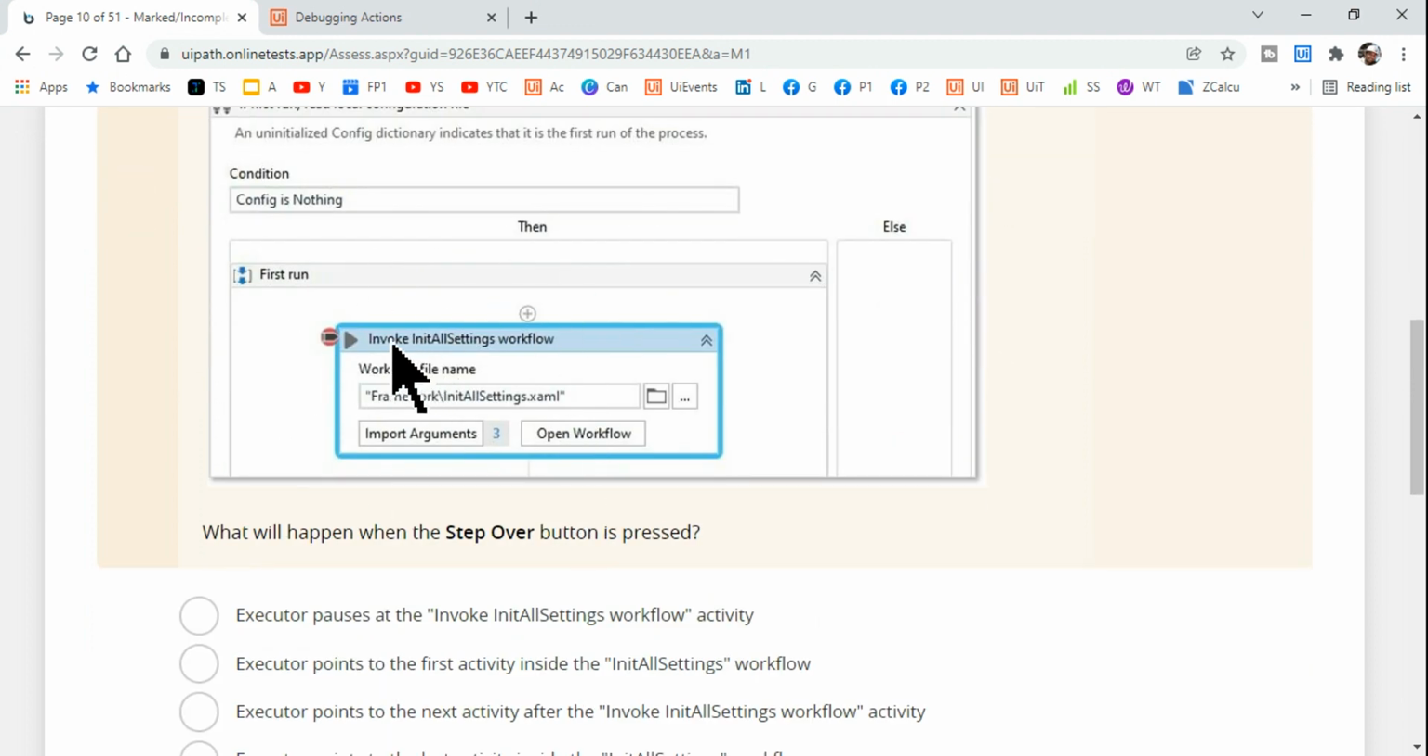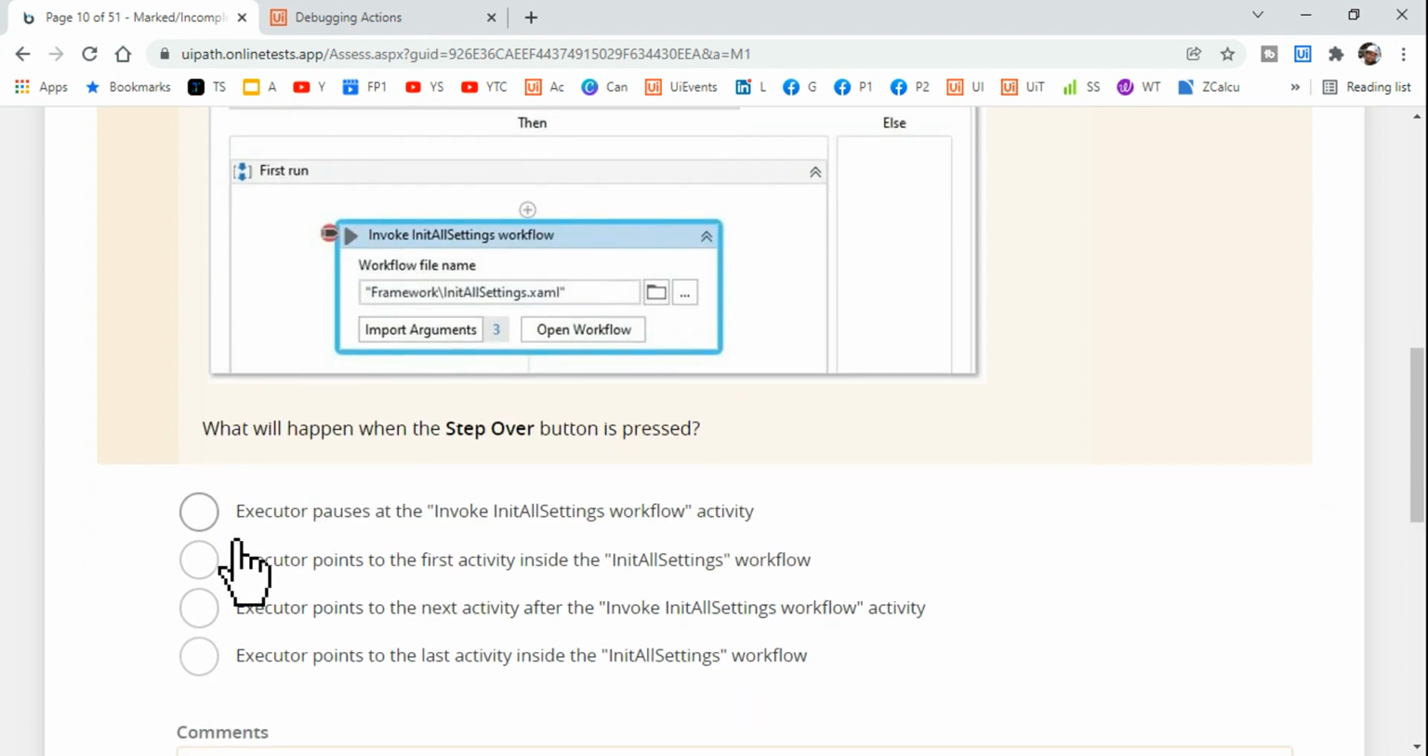So look at this. This is where I am going to apply a breakpoint. The moment I do it, what will happen when the step over button is pressed? So when I press the step over button, what's going to happen is the question. Okay. So before we go through all of this, first of all, let's try to